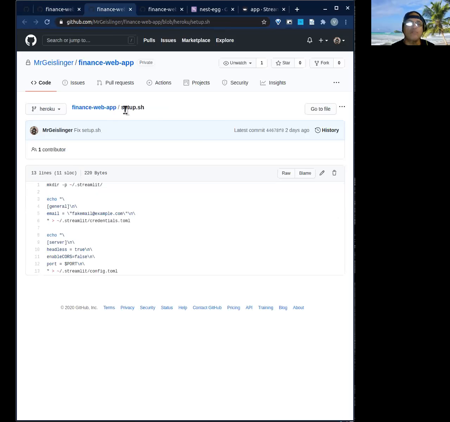The other part you want is the setup.sh. This is specific to what we're doing for Streamlit. We're going to tell Heroku, use this setup.sh, the shell script, when you first build, essentially. So this right here, I put on here way before. I actually don't know if this is needed for Streamlit, but the first thing is basically just making a directory called Streamlit, and then adding in our credentials. In this case, you can see fake email at